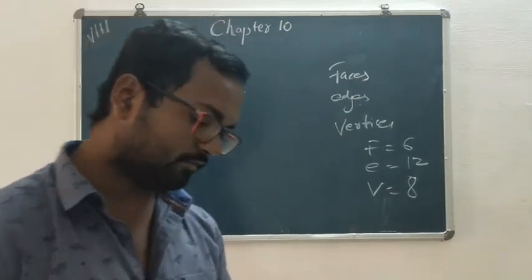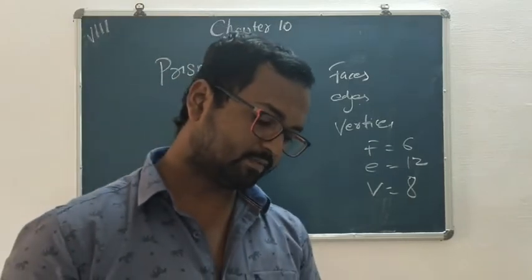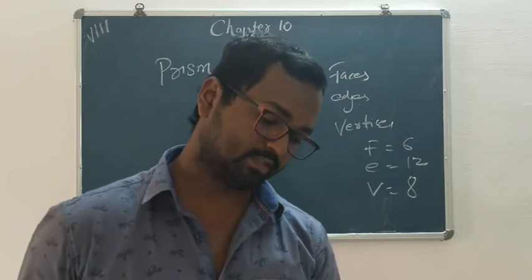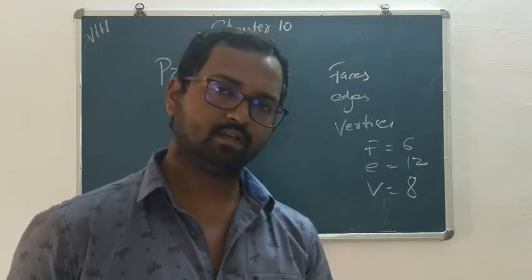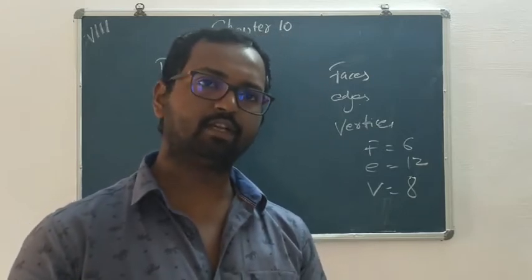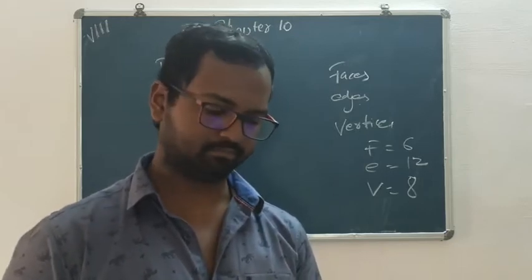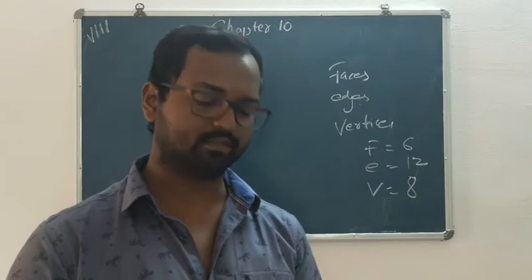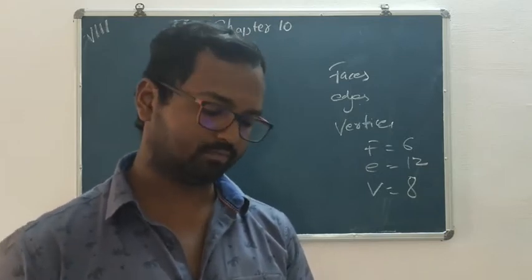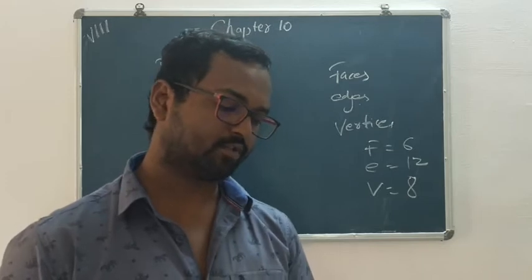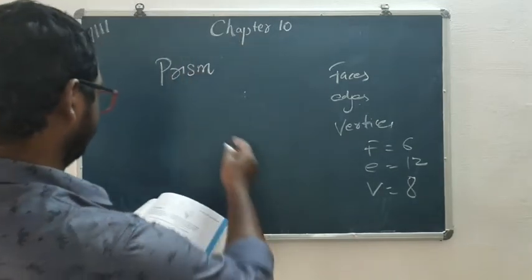Now the definition of a prism: we say that a prism is a polyhedron whose base and top are congruent polygons. A polygon is any figure with 3 or more sides. Whose other faces, that is lateral faces, are parallelogram in shape. So the other shapes, when I draw,